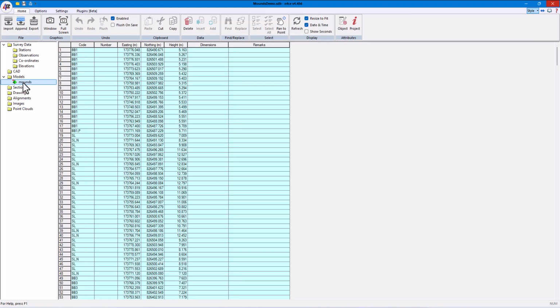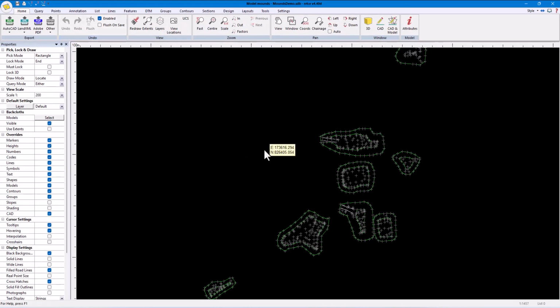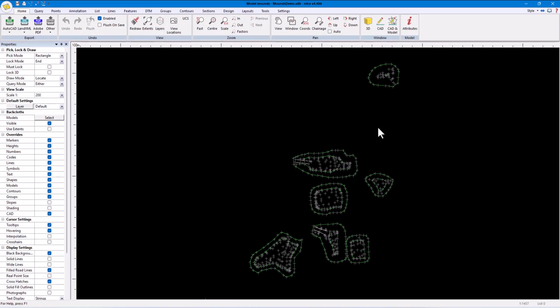The following video demonstrates how to quickly calculate simple stockpile volumes. It will use two different methods, so you can decide which approach works best depending on the data being modeled. The starting point is a model in n4ce, where each stockpile has been surveyed with a unique string number on